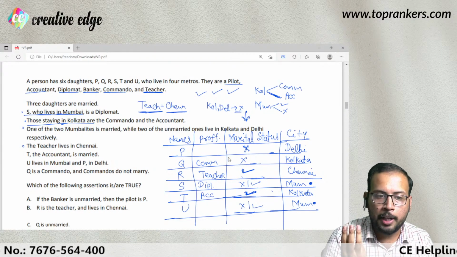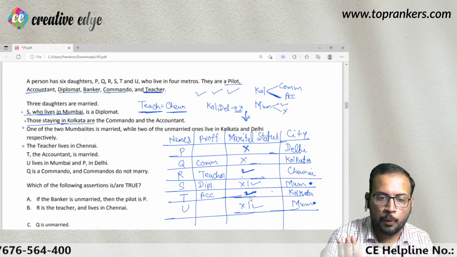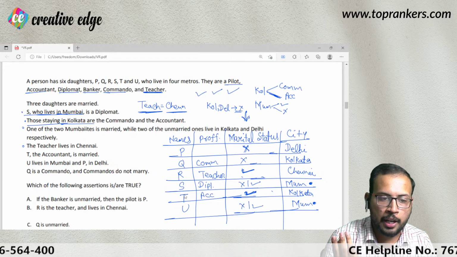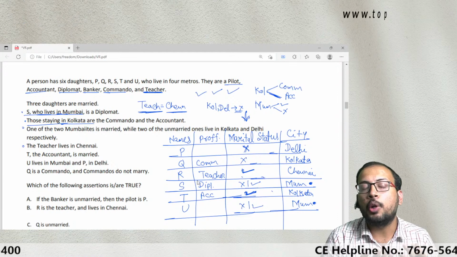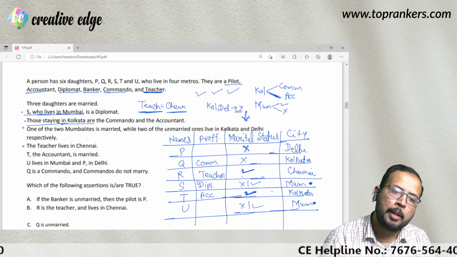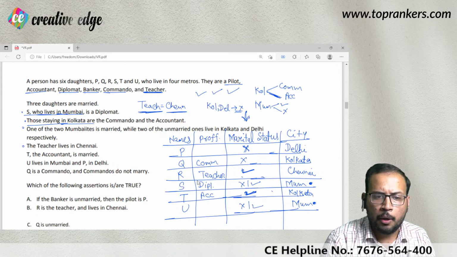Who are those three married people? One is teacher who lives in Chennai. One is accountant who lives in Kolkata. That is R and T respectively. And out of the one person from Mumbai is going to be married. तो ये तीन लोग मैरिड हैं, बचे हुए तीन आपके अनमैरिड होने चाहिए।